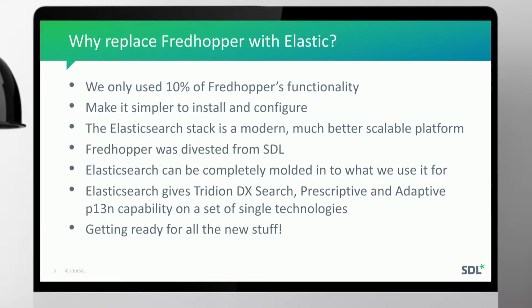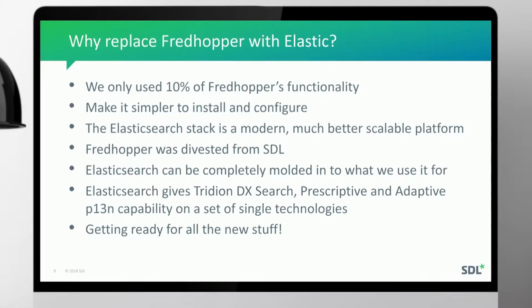The first thing that we needed to do was replace Fredhopper with Elasticsearch. And there are multiple reasons to have done that. This all started with the fact that Fredhopper was divested from SDL, so that basically put us in a spot where we needed to think about what we were actually going to do with Fredhopper. And while we were rethinking XO, we found out that we only used 10% of Fredhopper's functionality,